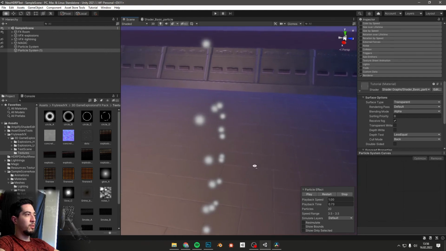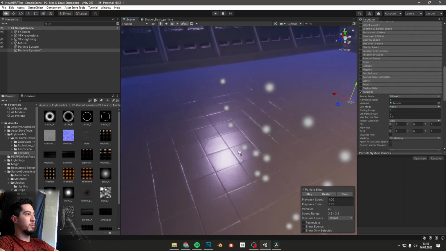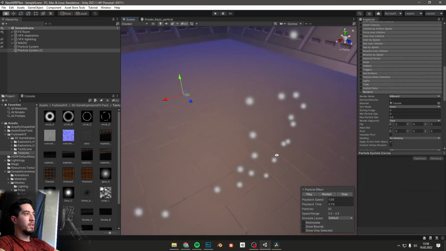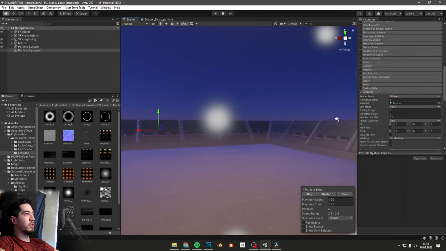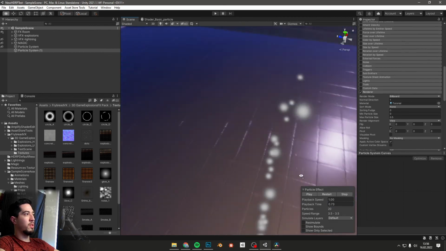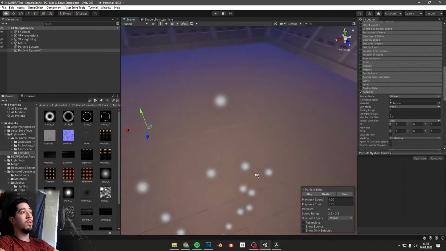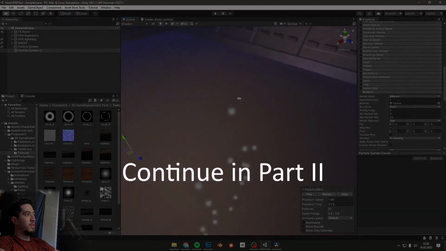As you can see now, this whole render to the view space, to camera, is pretty useful because you cannot see that these are planes. They're just glowing little orbs that look the same from every direction, and this is what we're going to use for so much stuff. But anyway,